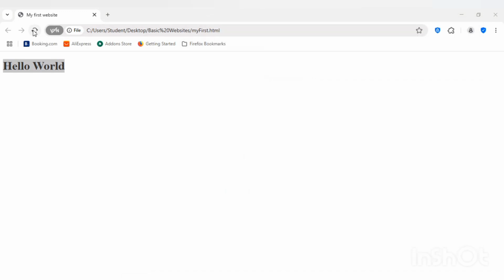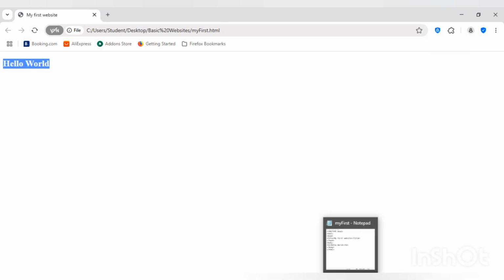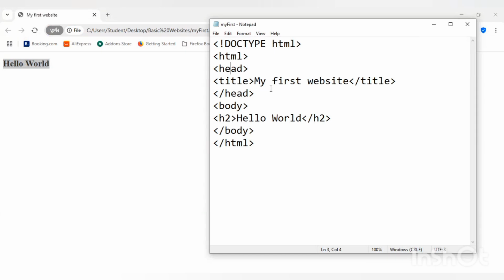So let's go hello world. As you can see, the fonts decrease in size. So that's the second header. H1 is always the main header. Just keep that in mind. And you can write anything here. Say hello world, my name is Innocent, for instance. And if I refresh the browser here,